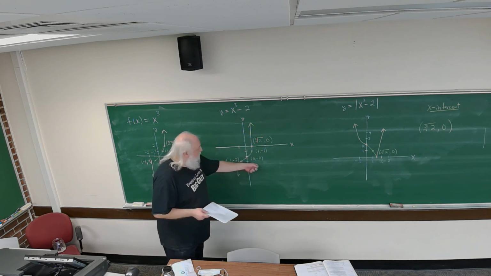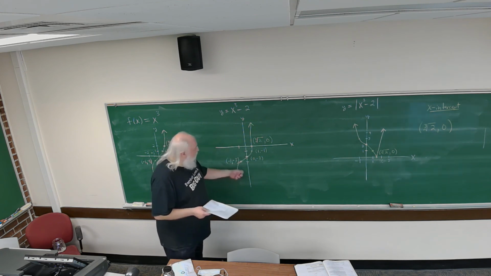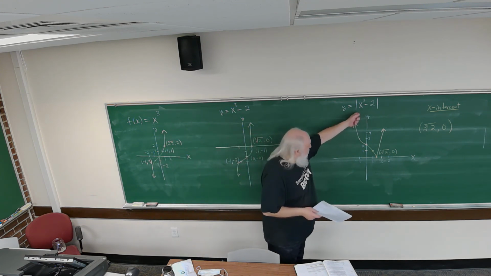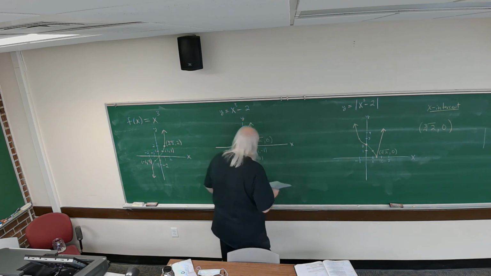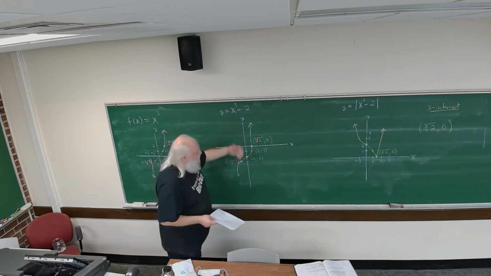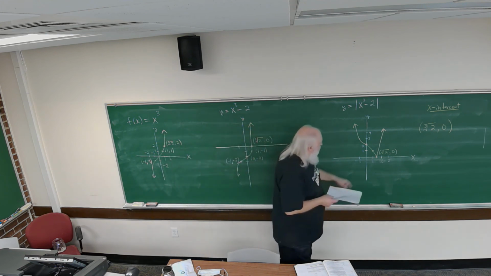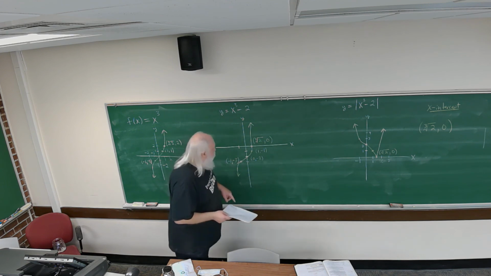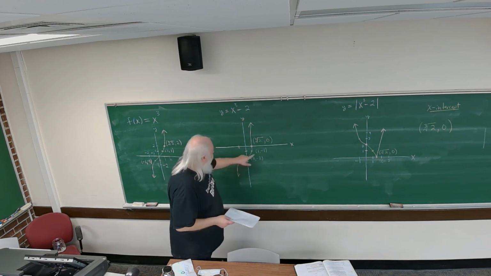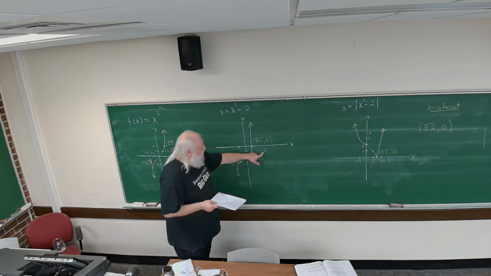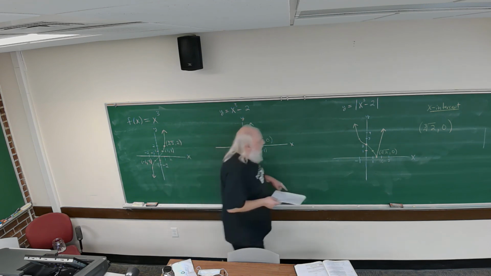We just change the sign of all the y-coordinates from negative to positive to get the graph of the absolute value of x cubed minus 2. And so when we flip the part below the x-axis above the x-axis, we see that the point 1, -1 right here,